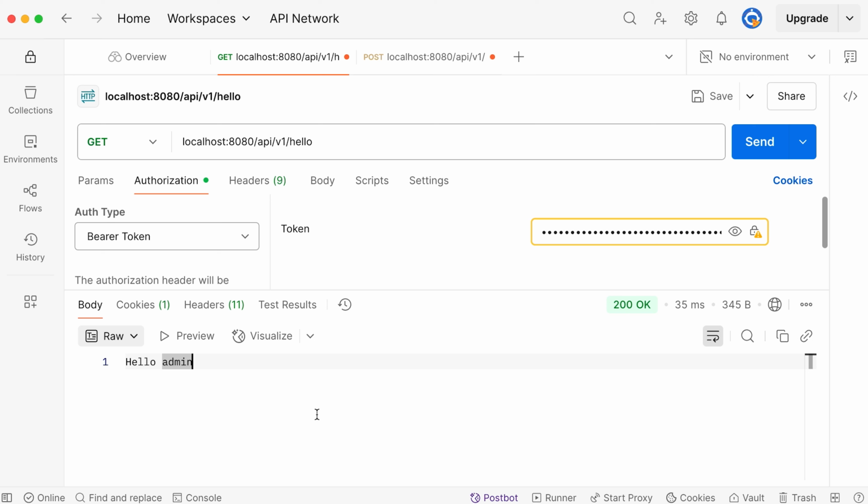Now in this tutorial, I have used a symmetric key, that is HS256, meaning one secret key is used for both generating and validating the token. But in real-world enterprise applications, this is not usually the case. There, the best practice is often to generate a public-private key pair where the private key is used to generate and sign the token and the public key is used by the resource server or other services to verify that token. This is more secure than this